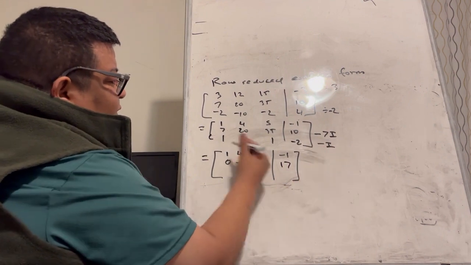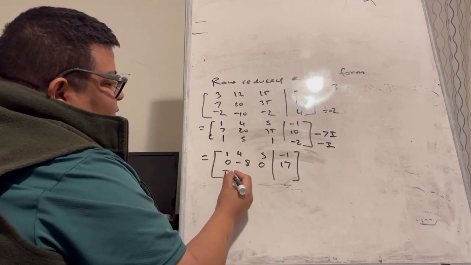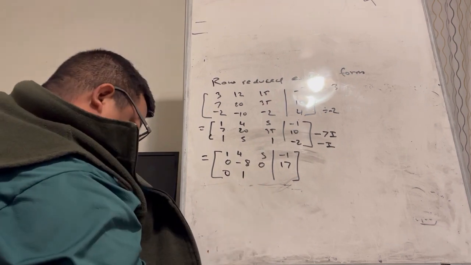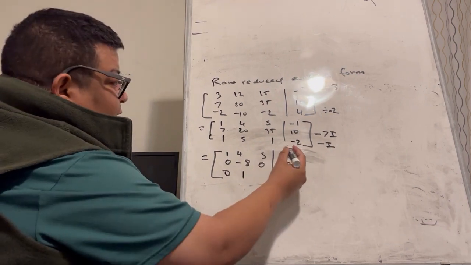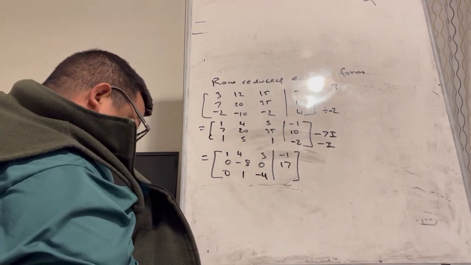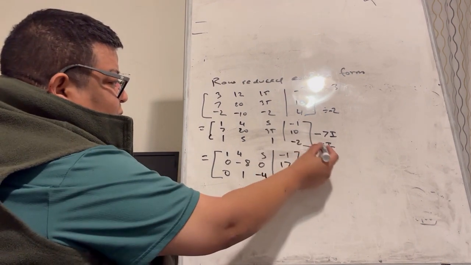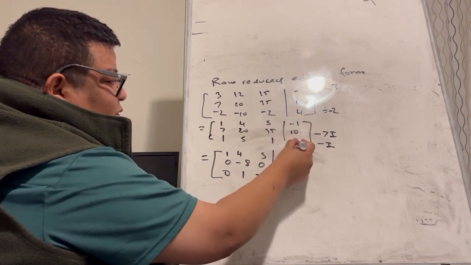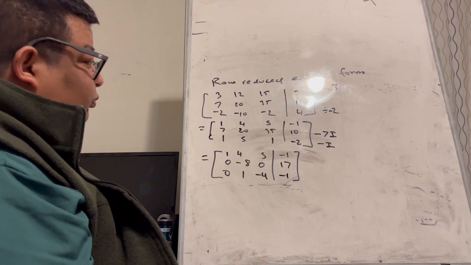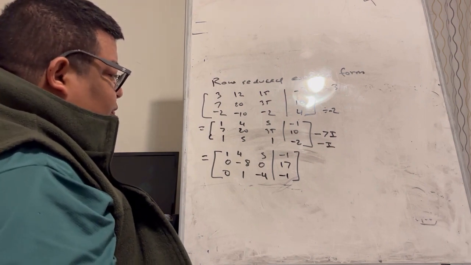And then -R1, so this becomes 0. -4 plus 5, that's gonna give you 1. And then -5 plus 1, that gives you -4. And then the last one, -R1, that will be 1 minus 2, that's gonna give you -1. Okay,